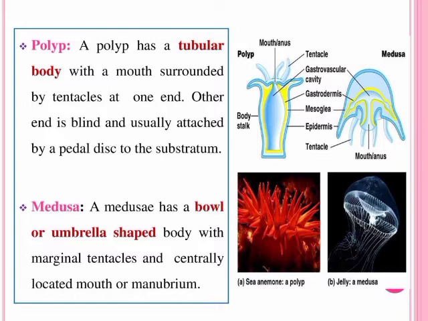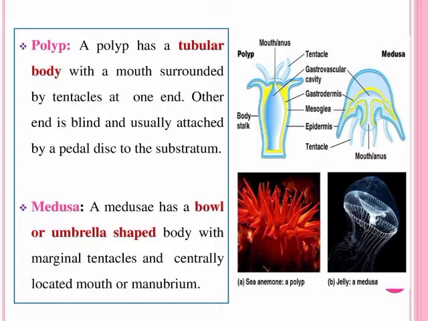In general, polyps are sessile, tubular, and asexual forms, with tentacles, upwardly directed mouth and manubrium, long oral-aboral axis, and thin mesoglea. On the other hand, medusa are free-swimming, umbrella-shaped, and sexual forms with marginal tentacles, downwardly directed mouth and manubrium, short oral-aboral axis, massive mesoglea, and radial expansion of the body.